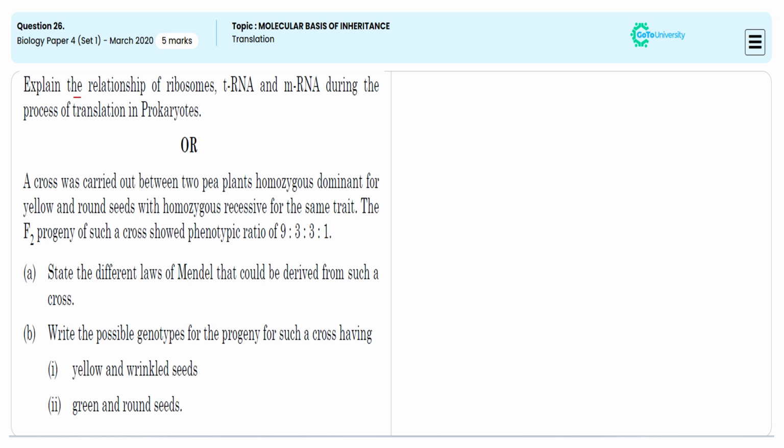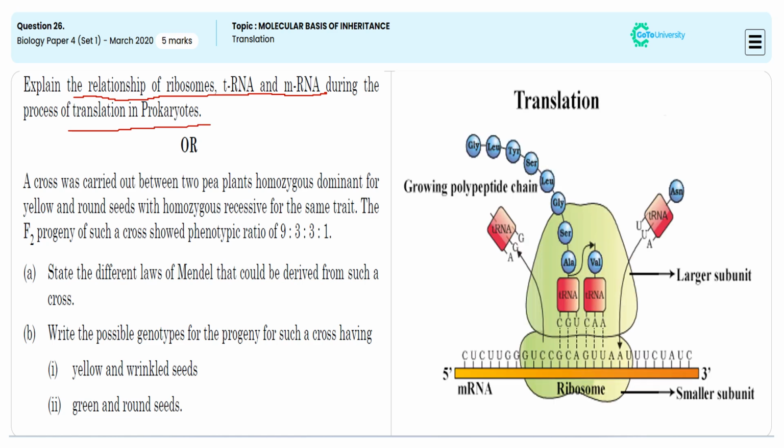In this 5-mark subjective question, they are directing us to state the relationship or cumulative effect of the ribosome, transfer RNA and messenger RNA in the prokaryotic translation mechanism. For this, we are drawing the translation machinery as per the CBSE curriculum pattern. In this particular ribosome, the amino acyl tRNA is bringing the amino acid with specific reference to the codon of the